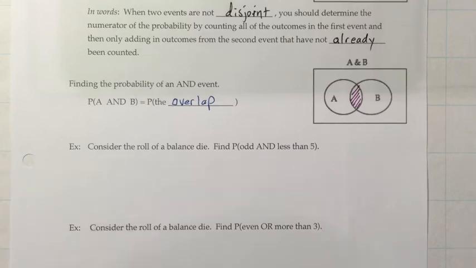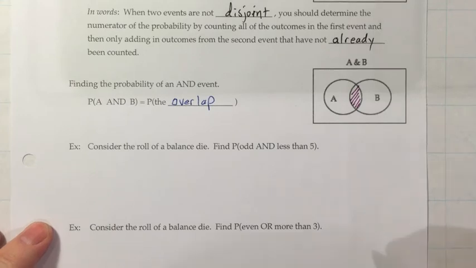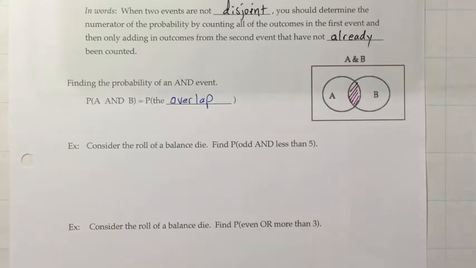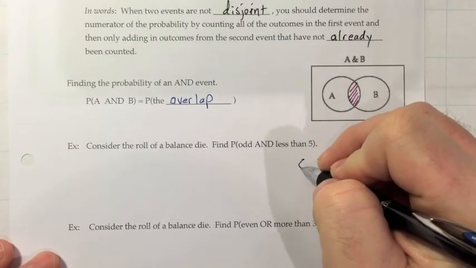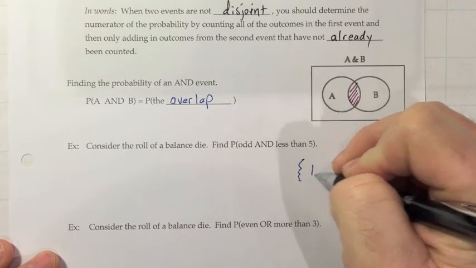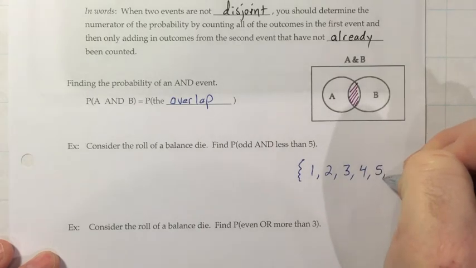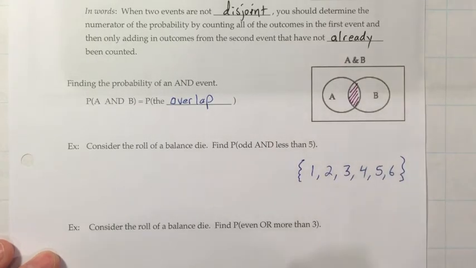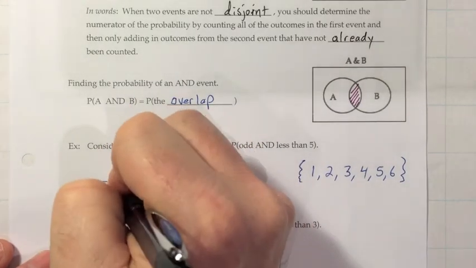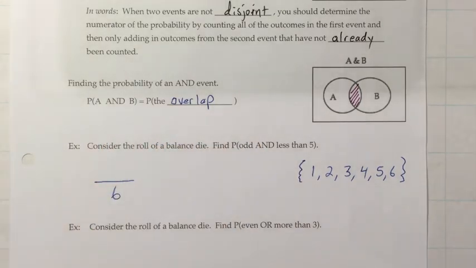Find the probability that the number you get is odd and it's less than 5. So visualizing, I think, on these things is helpful. So I would write out the sample space. If you roll a die, you could get a 1, a 2, a 3, a 4, a 5, or a 6. So just kind of visualizing everything that's possible. When you do that, you've kind of sorted out what your denominator is.